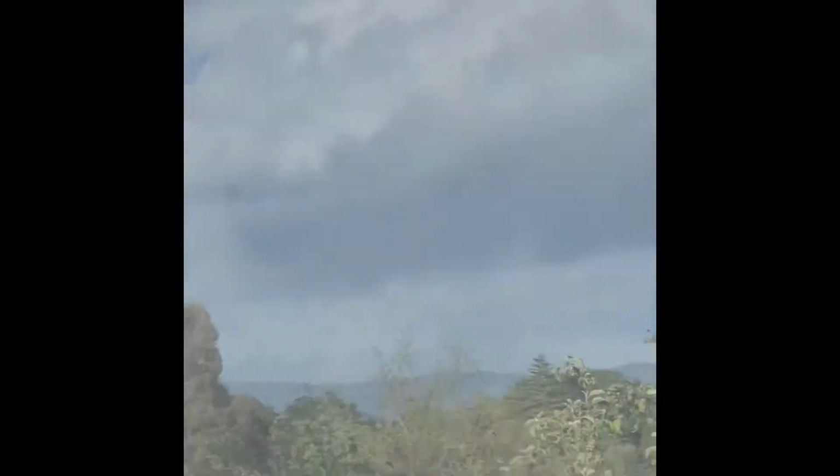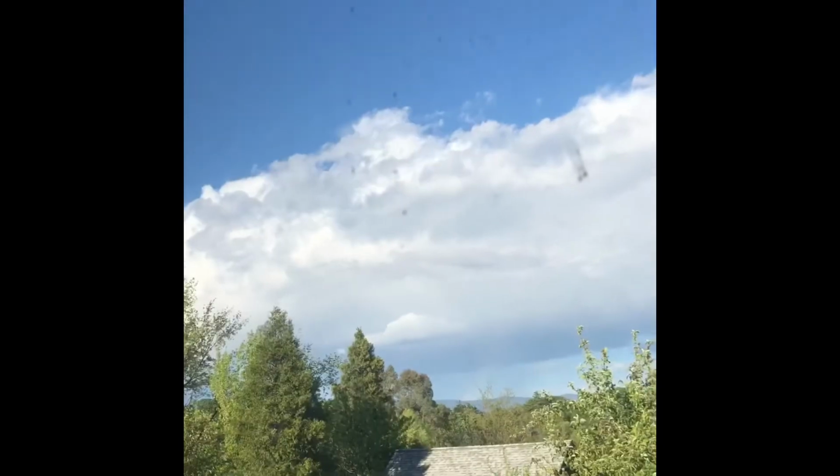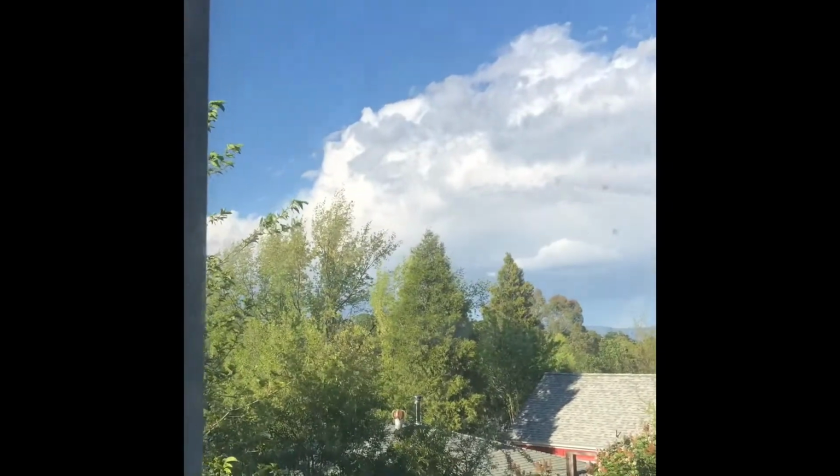Actually, let me go look for the audio. That's okay, but some update on this cloud wall that's being formed. Now look, this is the weird thing. Like if this was a storm or something, if this was a...